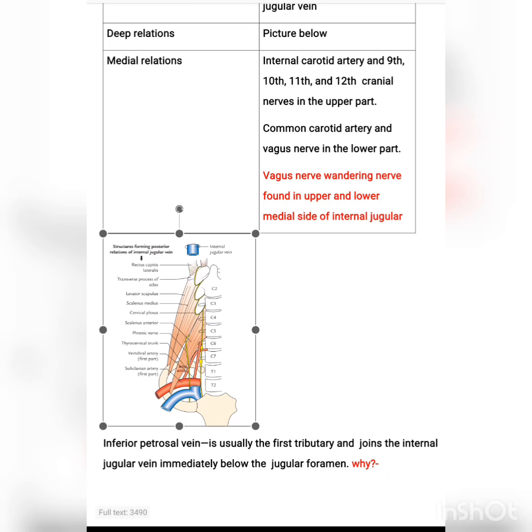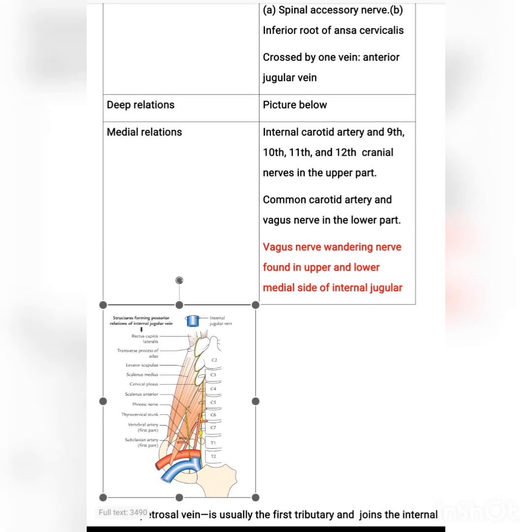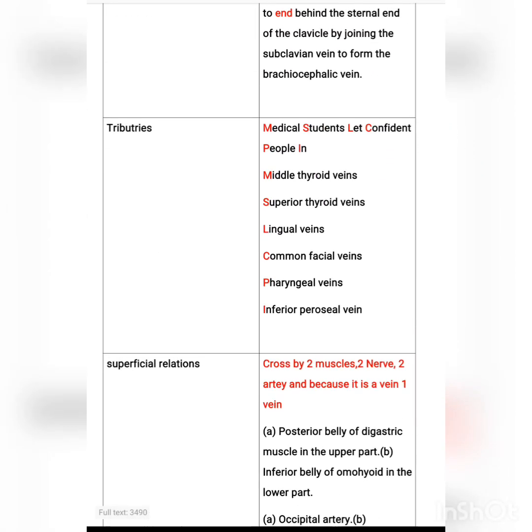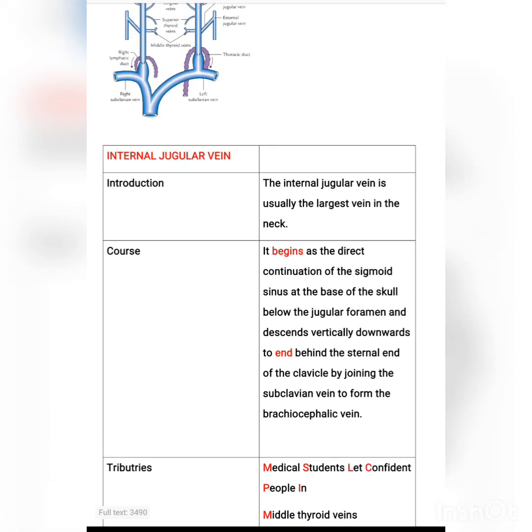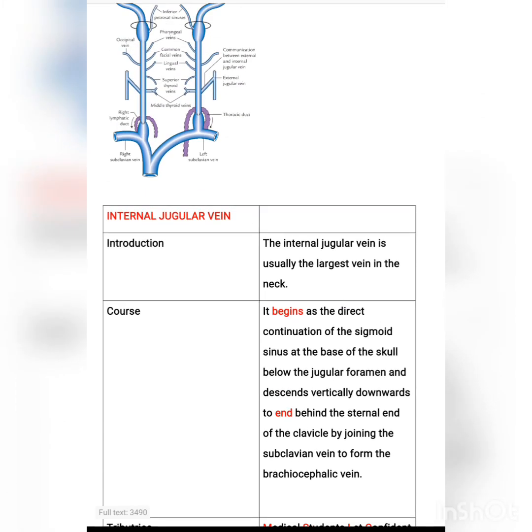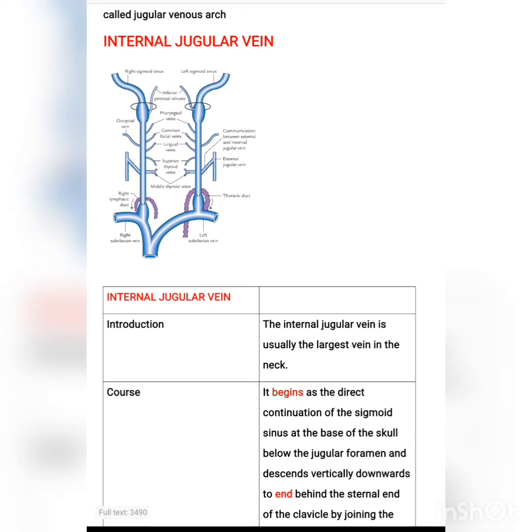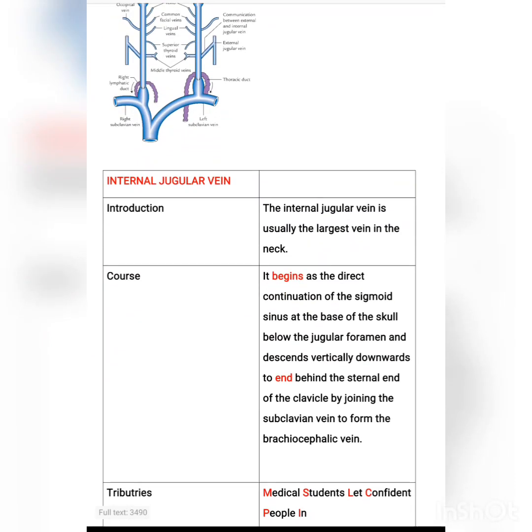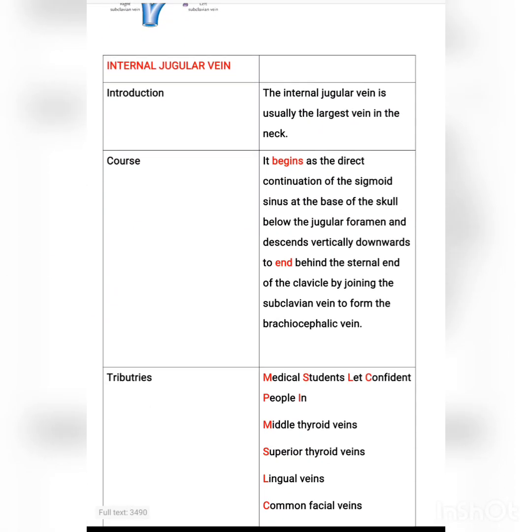So from here we can see that the inferior petrosal vein is the first tributary of the internal jugular vein because it is located at the starting point, which is the sigmoid sinus at the base of the brain. Remember our mnemonic for the tributaries of the internal jugular vein, which is medical students let confident people in: middle thyroid vein, superior thyroid vein, lingual vein, common facial vein,